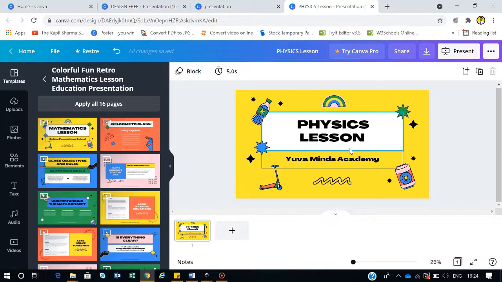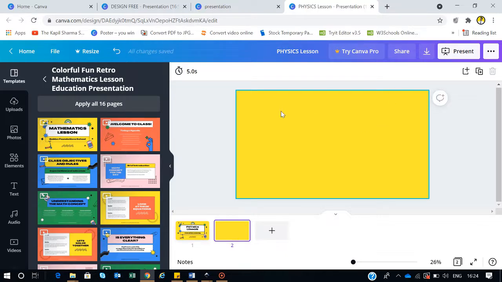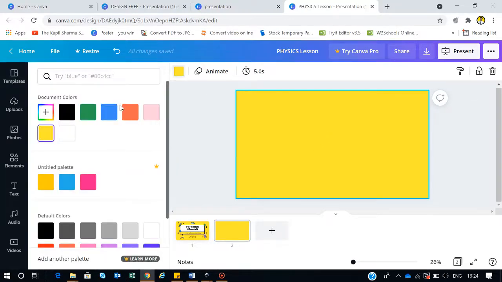So you can see this is how super easy it is to design these beautiful templates. And if you now want to add multiple pages, you can simply go to this plus sign, add page, right? Now it will take the default theme color from the first slide, but if you want to change it, you can simply select and change the color to whatever you want, right? All these colors are the document colors which are available in the template.